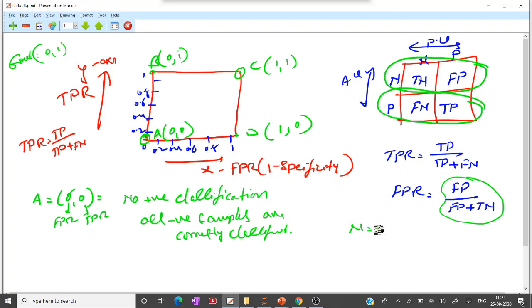So N means actual negative, total negative, TN plus FP. Positive means FN plus TP. So at point A, 0, 0 means there is no positive classification, all negative samples are correctly classified.